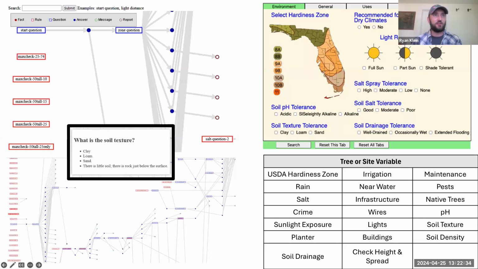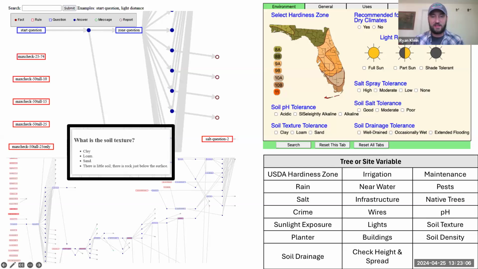So the stuff on the left is all the information that's built into the system. I think of it as like a spider web, but there's hundreds of questions and rules. If this, then this type scenarios. In the top right, that is the characteristic selector where you can check all these different boxes related to things you're interested in, from the site conditions or the environment, different uses for the tree, shade tree, and then different attributes related to the actual species.